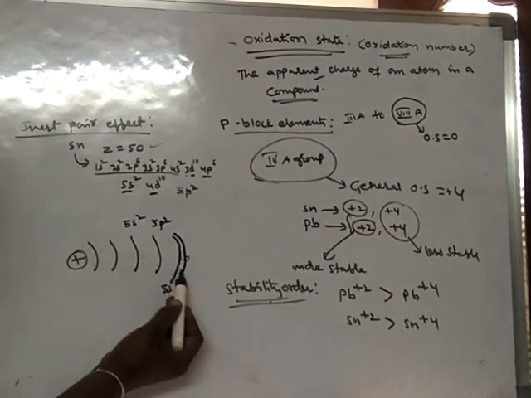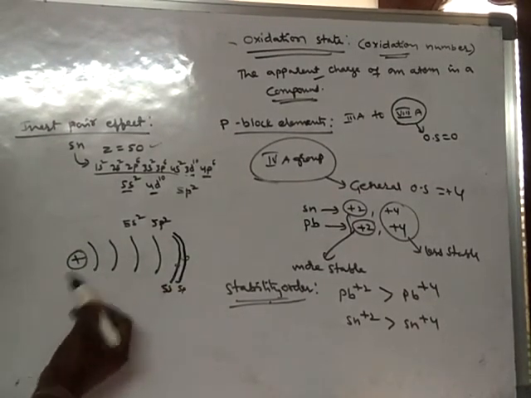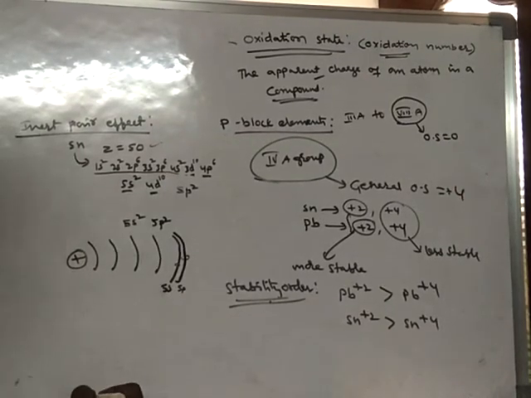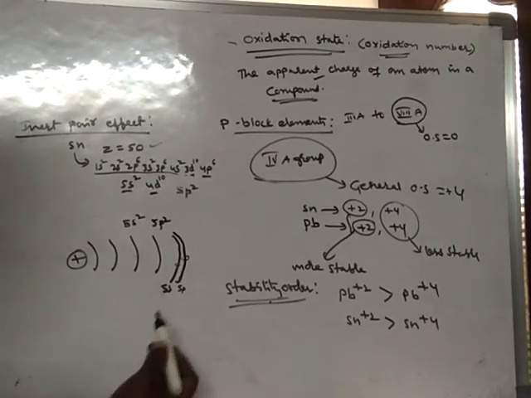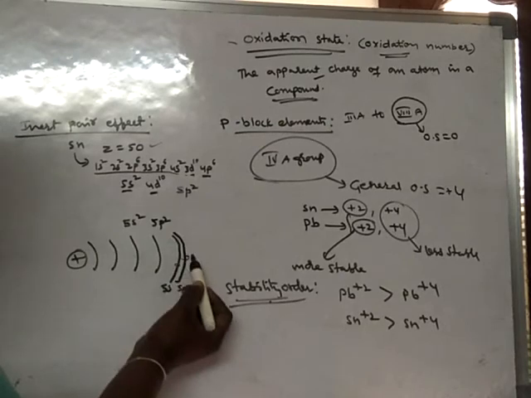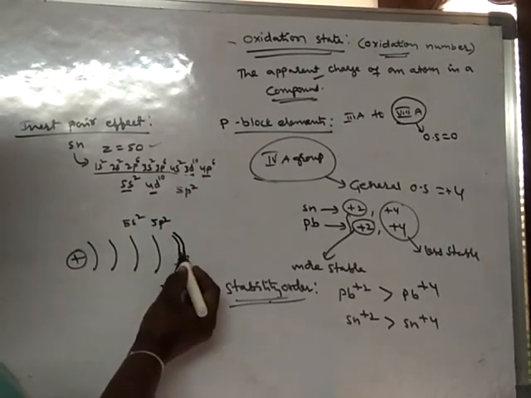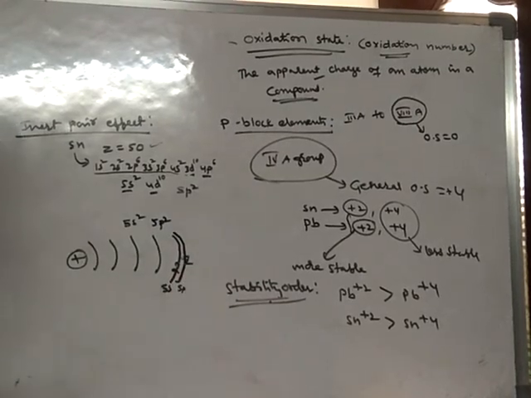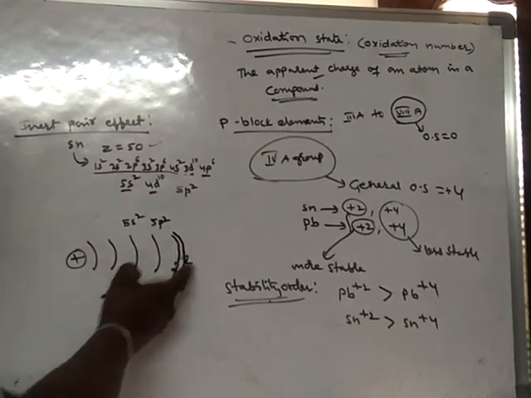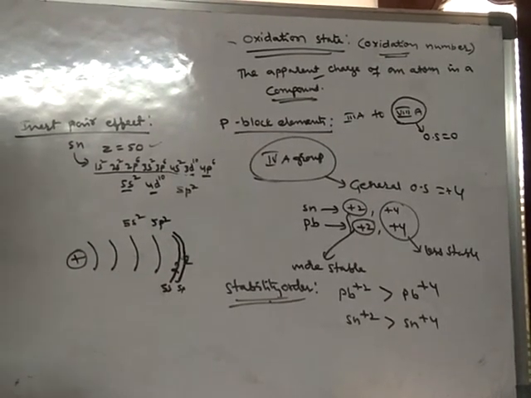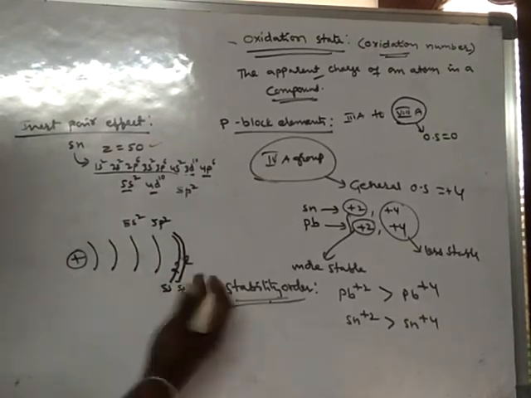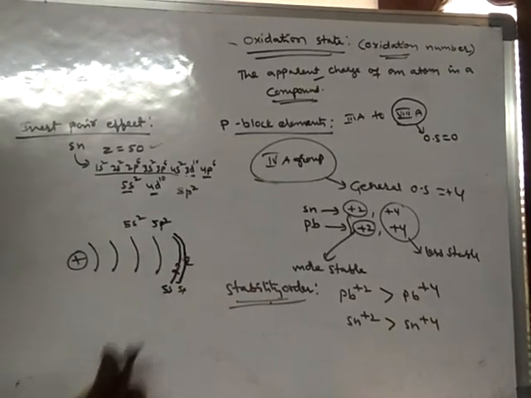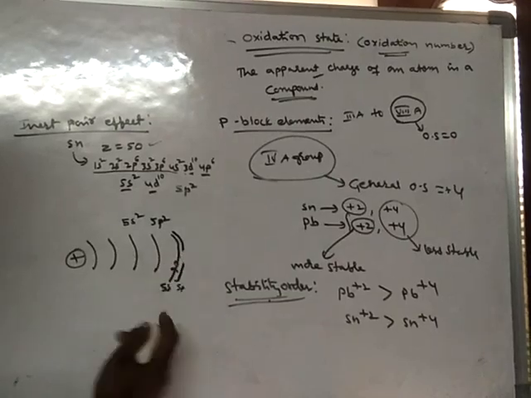These 5s electrons are attracted more towards the nucleus than the 5p. Here 5s contains 2 electrons and 5p also contains 2 electrons. Now what happens? These 5p electrons are far away from the nucleus, so these 2 electrons that tin can lose